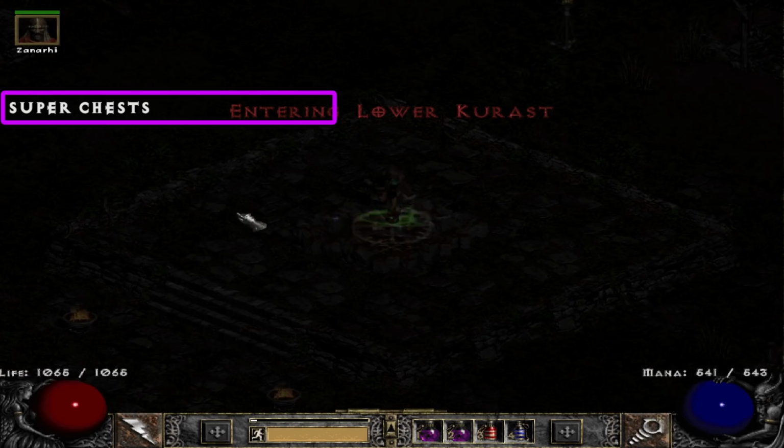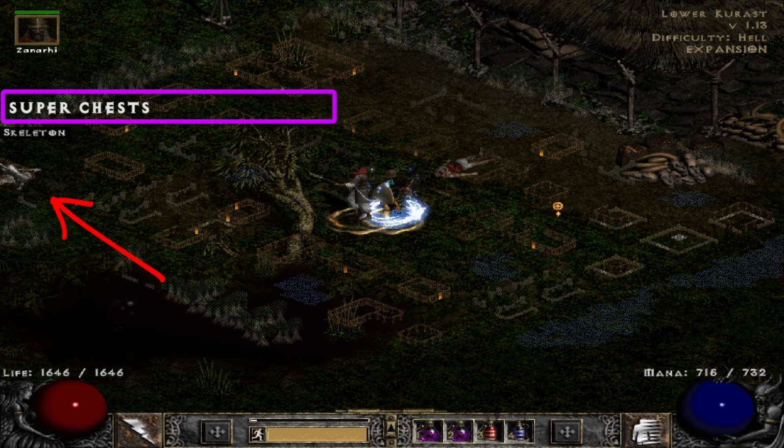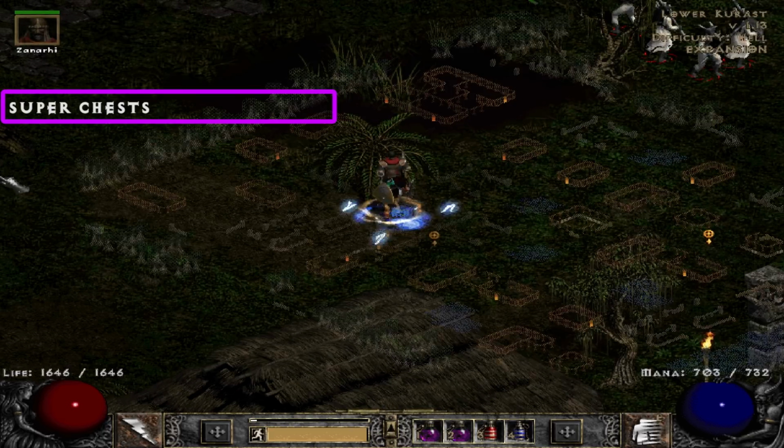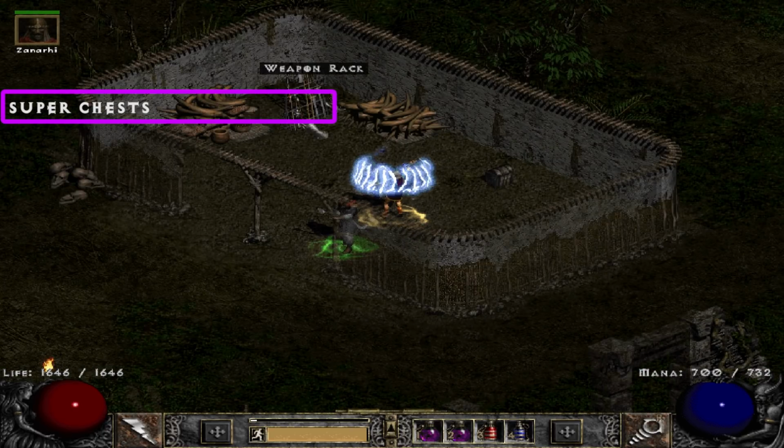Now, as for the actual chest farming, it might be fun to check all the normal chests along the way, as well as logs and skeletons, but if you're looking for runes, the super chests are like 4 times more effective, so it's really not worth your time. You also might want to check this weapon rack for what kind of drops it's giving, and if it's not a base for something useful,